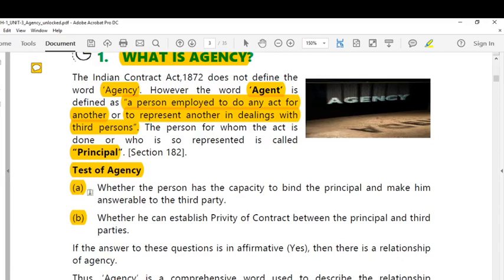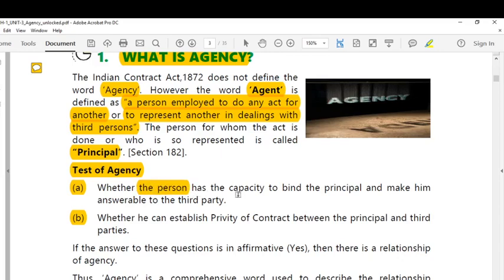The first point says whether the person has the capacity to bind the principal and make him answerable to the third party. So the first test to say the agency is existing is that the person, here the person means agent,